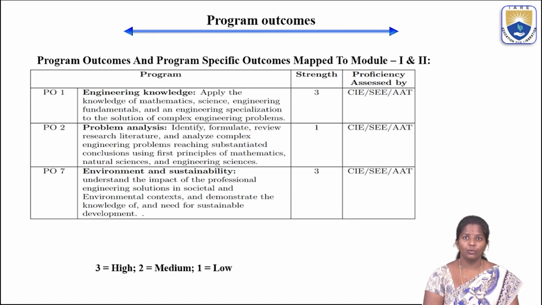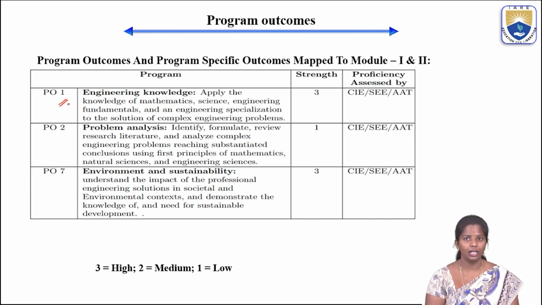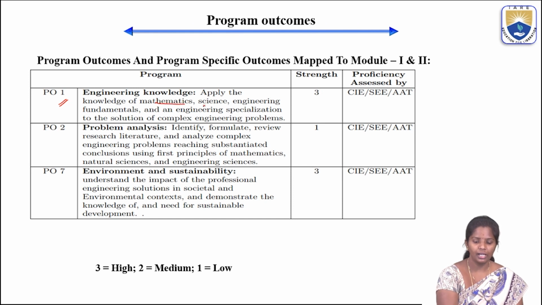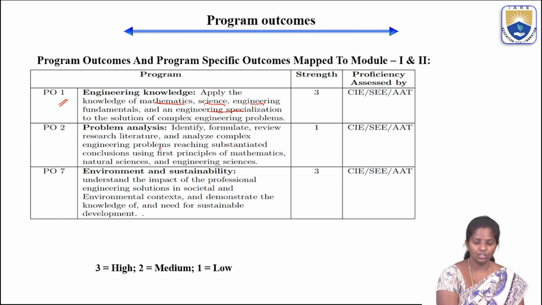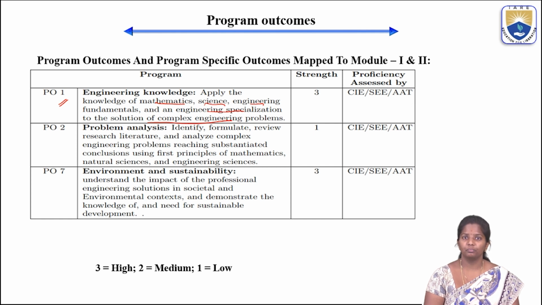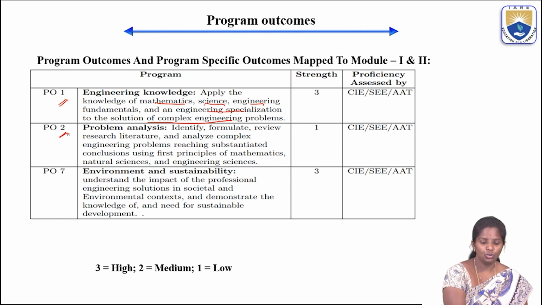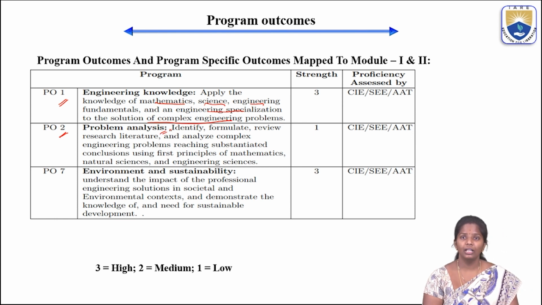So coming to the program outcomes, program outcome 1 gives the engineering knowledge, wherein we are applying the knowledge of mathematics, science and engineering fundamentals together, and an engineering specialization to solve complex engineering problems. So for any complex problem to solve, it is very important to have knowledge of mathematics, science and engineering fundamentals to move ahead